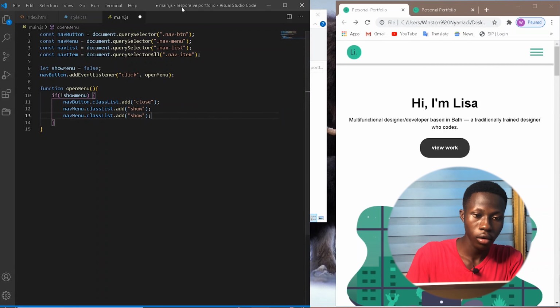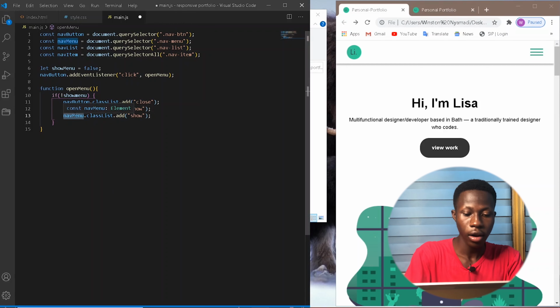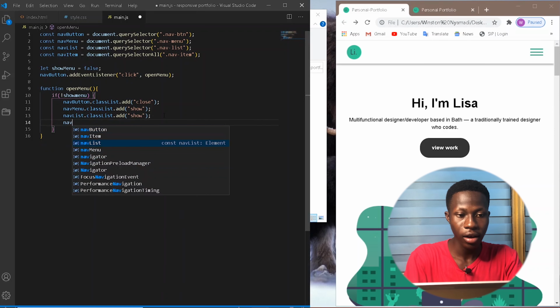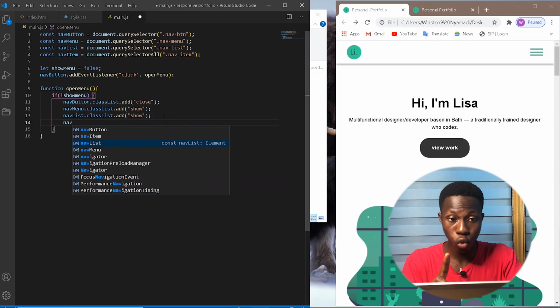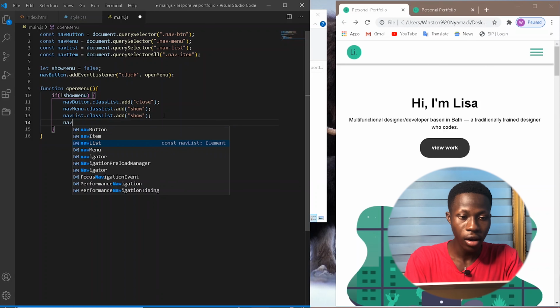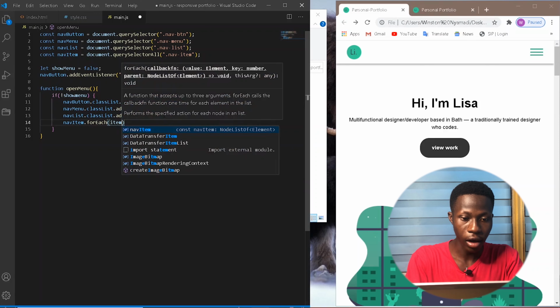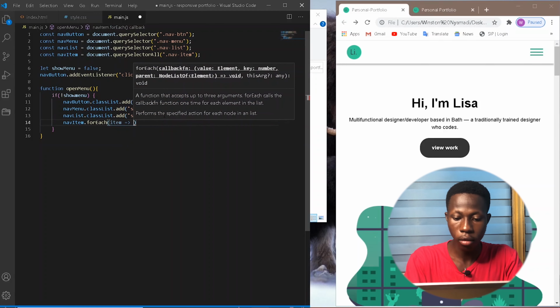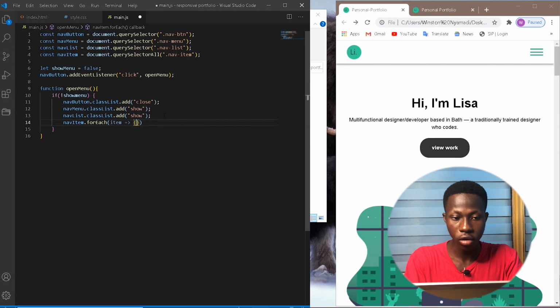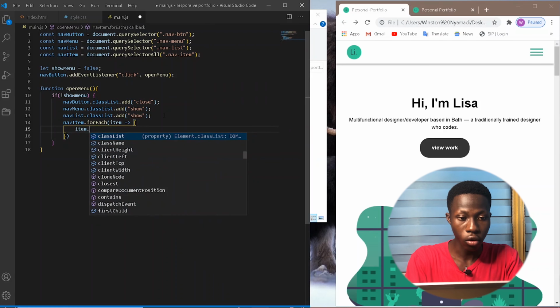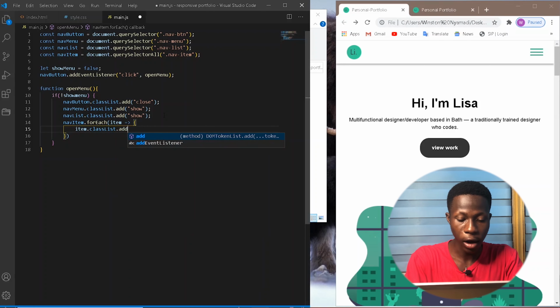Let me do another one again, and then this one will be nav list, also add a class of what? Show. And then finally nav item. The nav item, because it's not just one, more than one, I'm going to say nav item dot forEach. This forEach loops, for each item I'm going to run an arrow function. For each item, I want you to item dot classList dot add, and then I want you to add